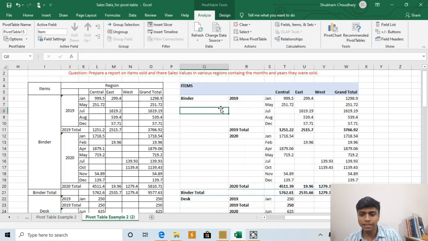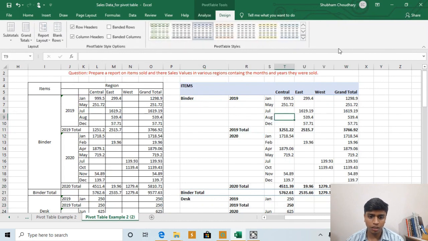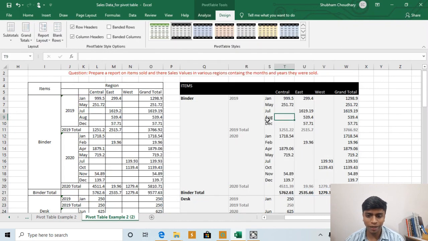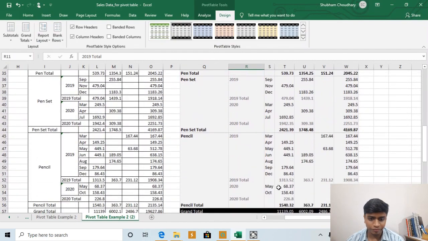Now we can see that the report that we wanted to make is already made. If we require some formatting, then we can easily and quickly make some format out of it, and we are done with our work.